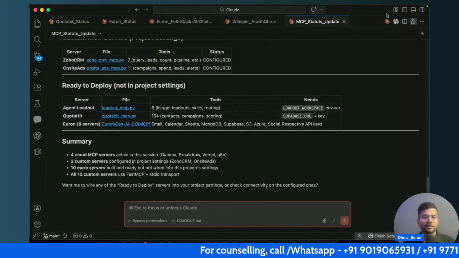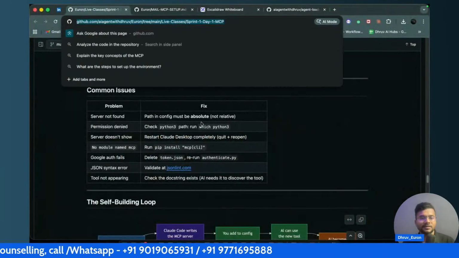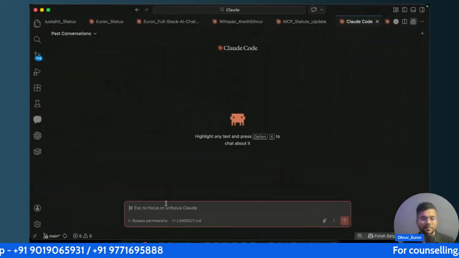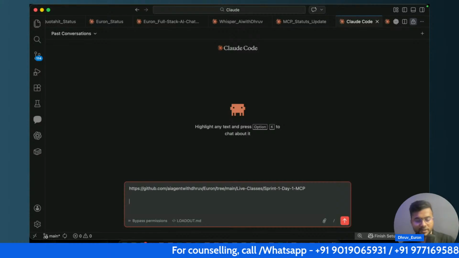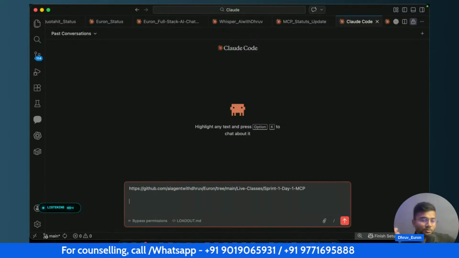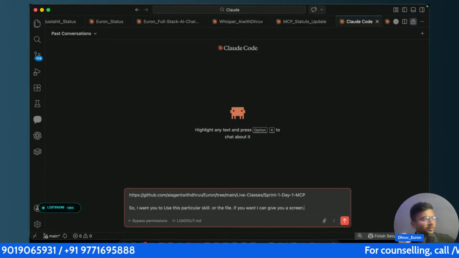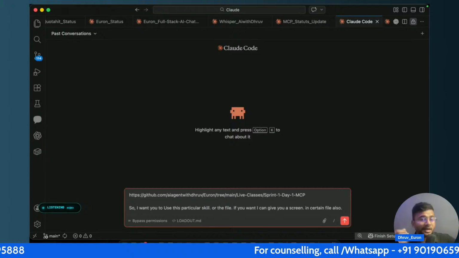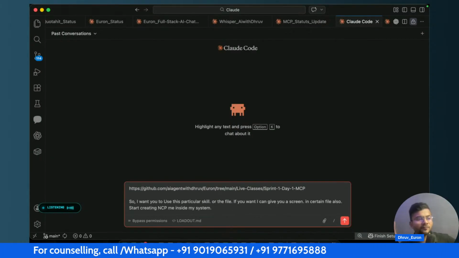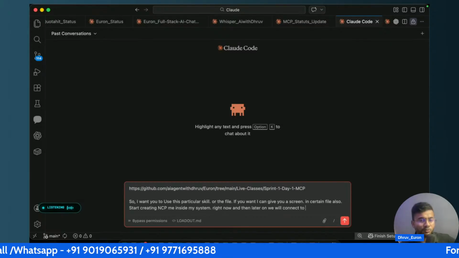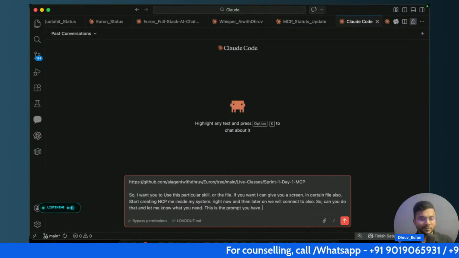Once you come over here, open a new folder, copy my GitHub repo directly, and paste it. Then you have to start like this: Hey, I want you to use this particular skill or file, the GitHub repo. If you want, I can give you a screenshot and file also. And I want you to start creating an MCP server for me inside my system right now. Later on, we'll connect with Claude Desktop also. Can you do that and let me know what you need? This is the prompt you have to give. Once you have given this particular prompt,